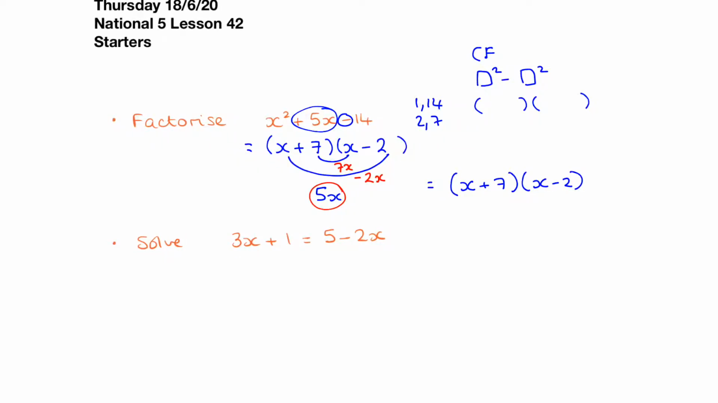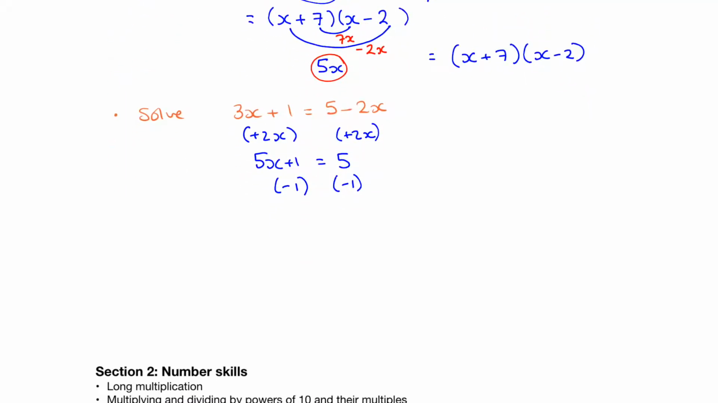Then we've just got a little equation to solve here. First job is to get the letters on one side only. So we're going to bring baby to mummy and add 2x to both sides. This should be a bit easier for you to recall because we've done this quite recently. So we've got 5x plus 1 equals just 5 on the right hand side. Then take away 1 gives us 5x is 4, and then dividing by 5